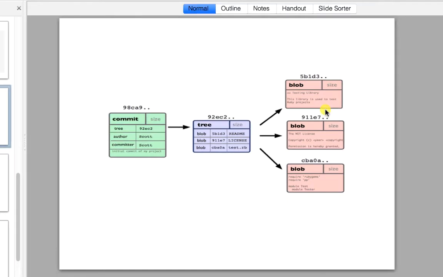So here you see, Git history is made of commits, trees, and blobs, where a blob is a file, and a tree is kind of a directory structure, which has the metadata of blobs and their corresponding hashes, file names, and other things. Then there is a commit object, which has metadata like who is the author, who is the committer, and various information along with trees. In this way a commit object is constituted.